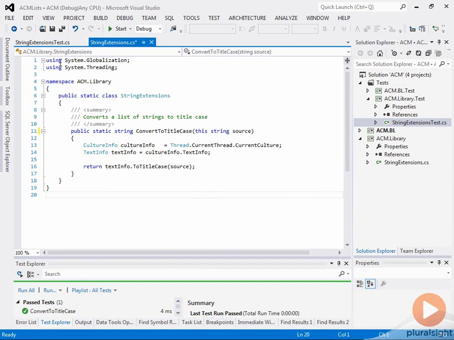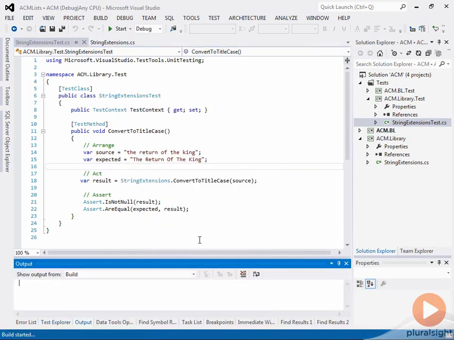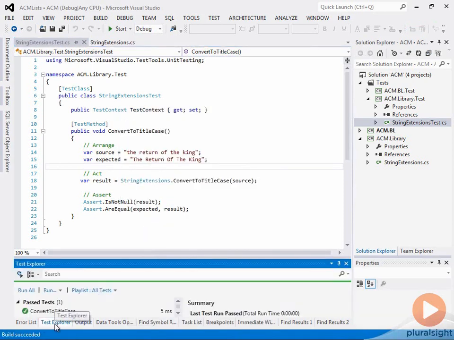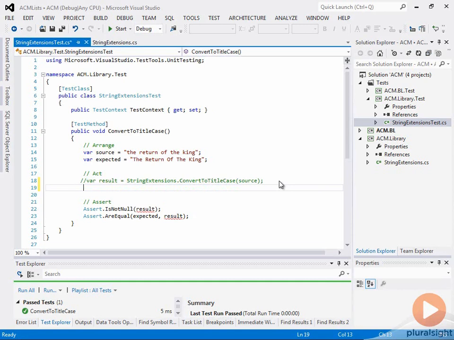So let's look at our automated code test. So let's rerun our test as is. No syntax errors, and it still completes successfully. So you still can call it using the standard method syntax. But now that it's an extension method, you can call it like an instance method. So instead of this line that's calling convert to title case as a standard method, we're going to call it as an extension method. So we're going to say var result equals, and we're just going to say source dot